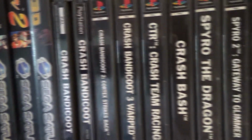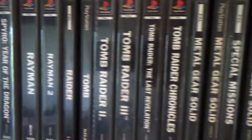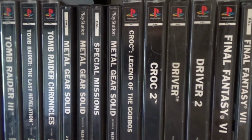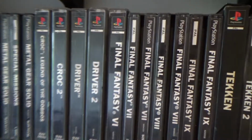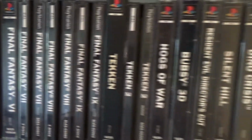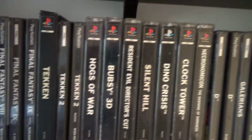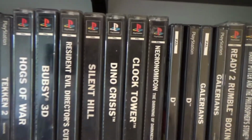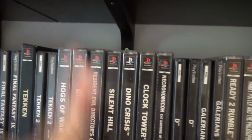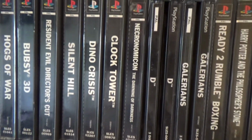Crash Bandicoot, Crash 2, Crash 3, Crash Team Racing, Crash Bash, Spyro, Spyro 2, Spyro 3, Rayman, Rayman 2, Tomb Raider, Tomb Raider 2, 3, 4, 5, Metal Gear Solid Special Missions, Croc 2, Driver 2, Final Fantasy 6, 7, 8, 9, Tekken 2, Hogs of War, love that game, Bubsy 3D, Resident Evil Director's Cut. I don't have any more Resident Evil games on PS1, but don't worry, I do have them all, just on a different system. Silent Hill, amazing game, Dino Crisis